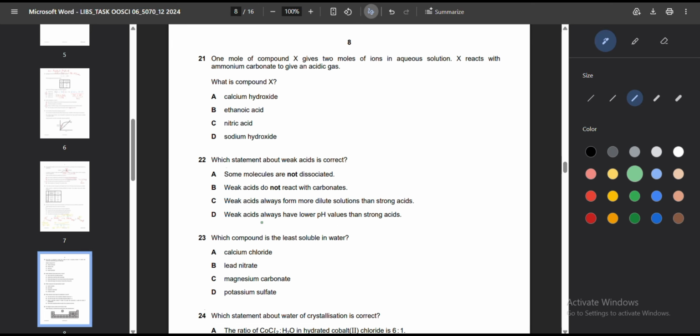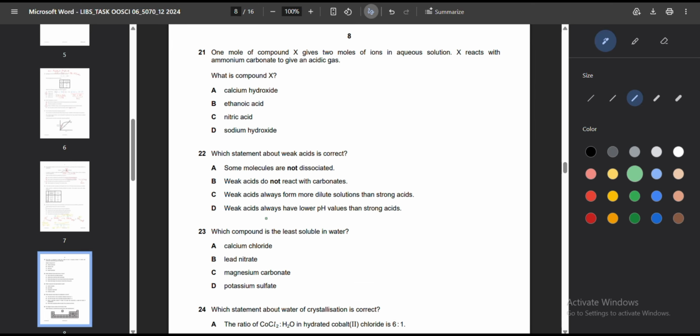Okay, question number 21. Question number 21 is that 1 mole of a compound X gives 2 moles of ions in aqueous solution. X reacts with ammonium carbonate to give an acidic gas. What is compound X? Is it calcium hydroxide, ethanoic acid, nitric acid, or sodium hydroxide? Okay,